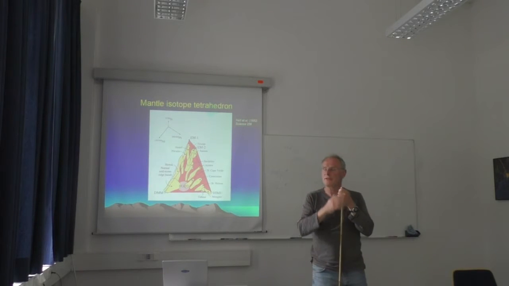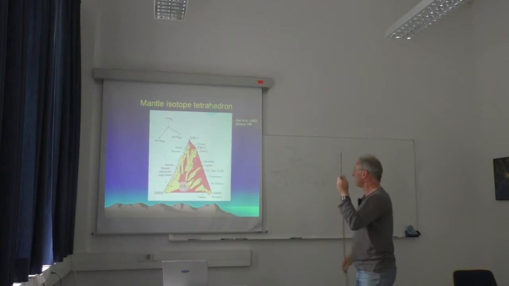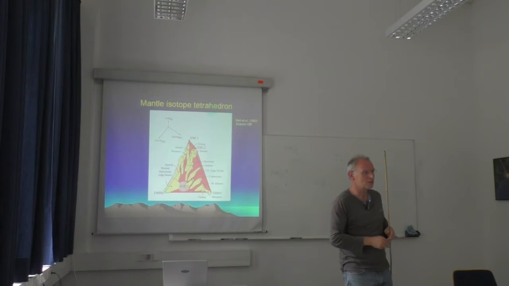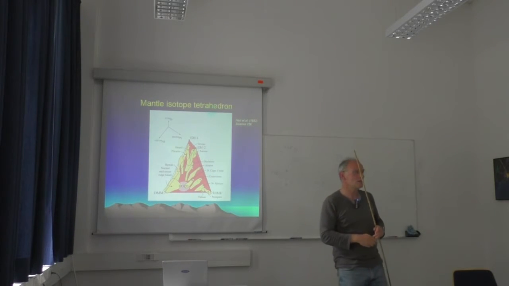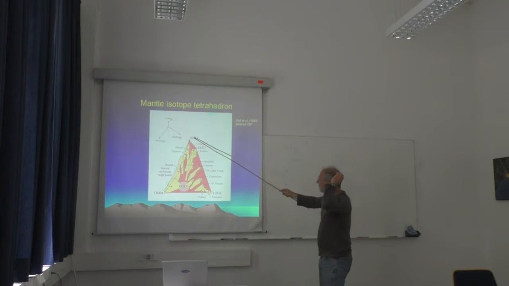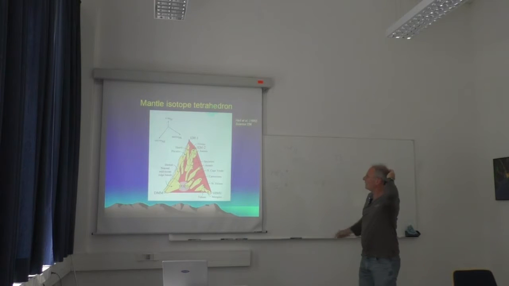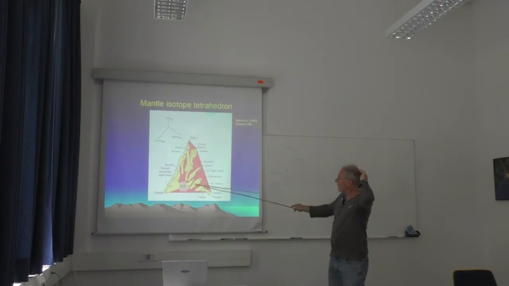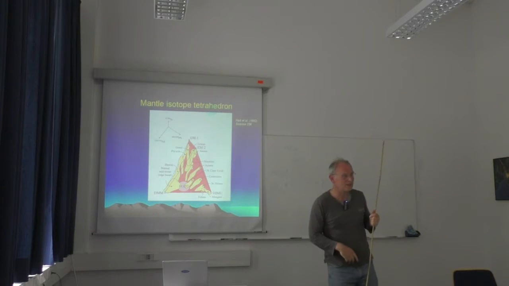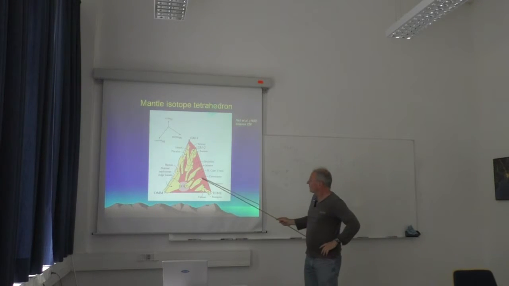You can plot the isotope data in a tetrahedron, like is shown here, because we said we actually have 4 end members, so a 2-dimensional diagram like I showed you doesn't work. So you can use a presentation like this with the EM1, EM2, depleted mantle and high mu, and then you end up with some alignments here. These are in these tubes. There are many samples, all available samples from the ocean islands, and you see that there is